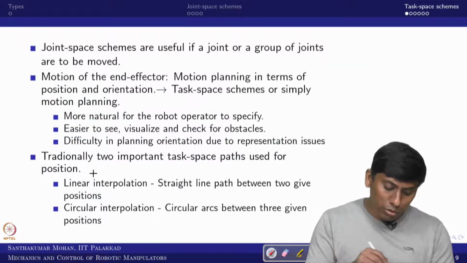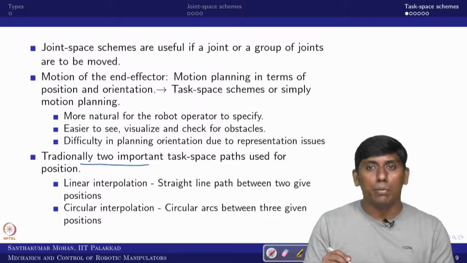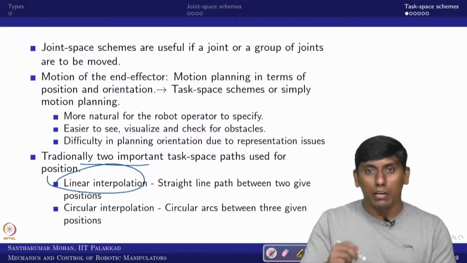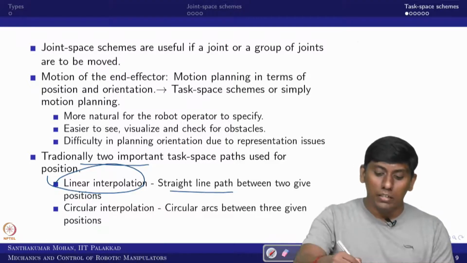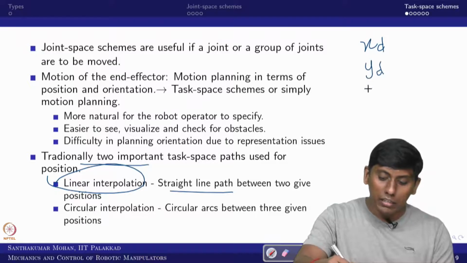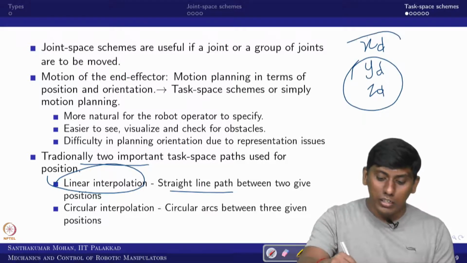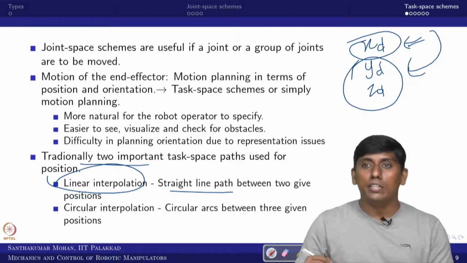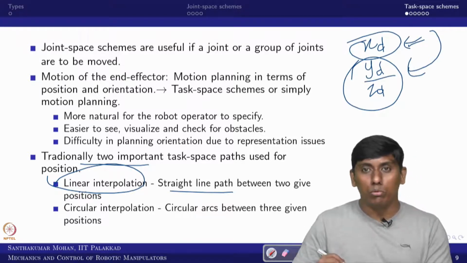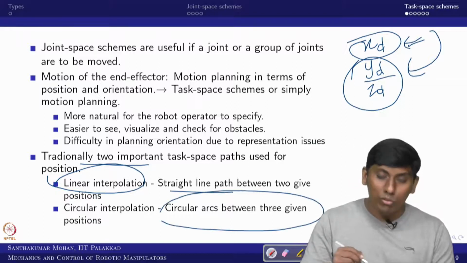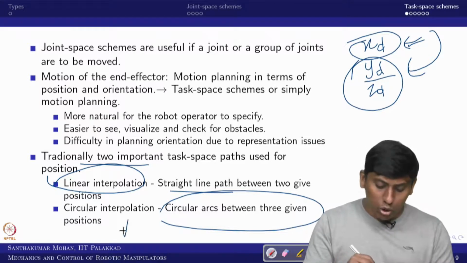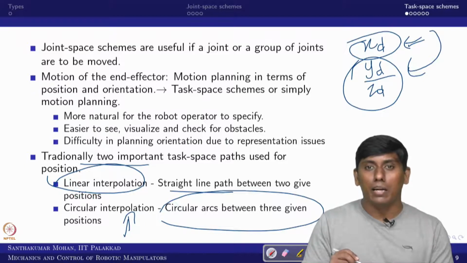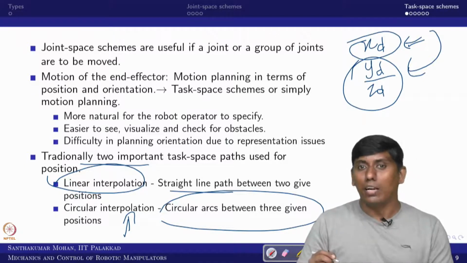Traditionally, there are two important task paths we have to consider, which are universally followed. One is linear interpolation, which I already showed, which is nothing but a straight line path. Even if you want position tracking, where x, y and z need to be generated, you can generate just one and then derive the other two from it. That is what we are going to see next. The circular arc is for a given three positions, where we can make an arc. It is not common and I am not addressing it in this lecture. If anybody is interested, we can discuss it in the live session.